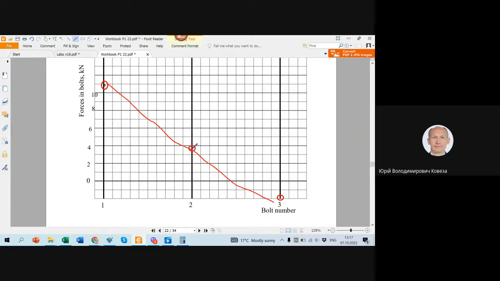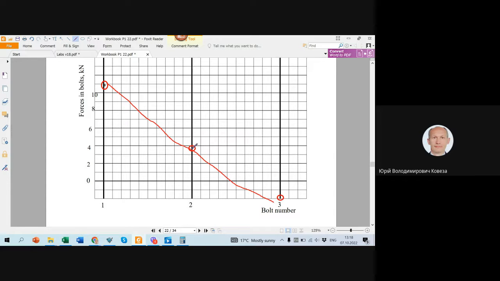They have some flexibility, and under the load we have deformation not only of the bolts. Bolts are the main part for deformation, but not the only element which was deformed in the experiment. So it means that our assumption shows that the real state is not absolutely rigid. And third,